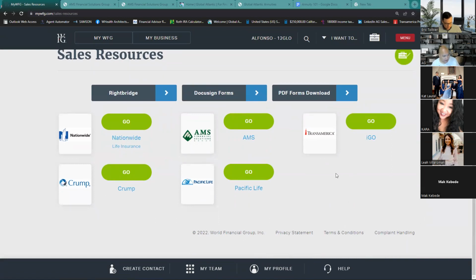Just know all applications can be accessed from here. So if you're applying for Nationwide IUL applications, if you're applying for other insurance through Crump, whether it's other companies outside of Nationwide, Pac Life, and Trans, and you're using Crump, or you're applying for disability insurance, that's through here. And so AMS is the annuity marketing. I think it's solutions or services. I'm not sure what the S is, but if you click on here,